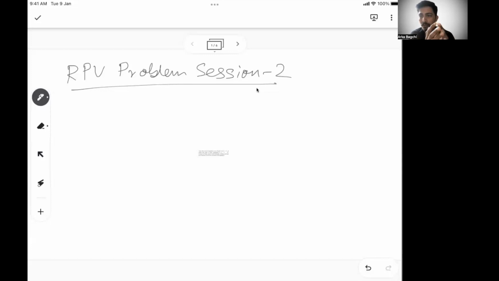Like we do every time, we start with the fundamental session that we did earlier, then a problem level 1 session to cement the fundamentals we learned, and then go to the advanced level problems in the last session of a topic. So this is the last session of ratio, proportion, variation. We will cover the advanced level problems here, and then we can move on.